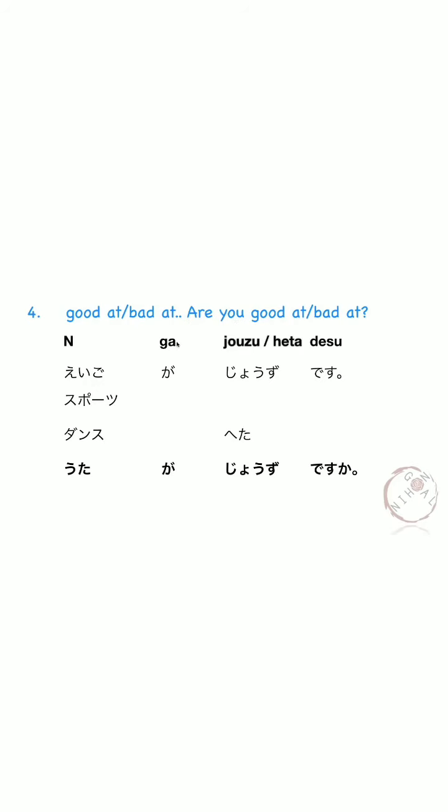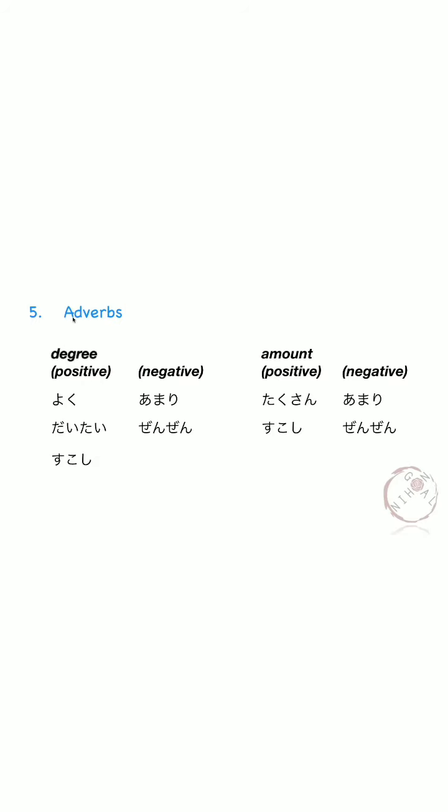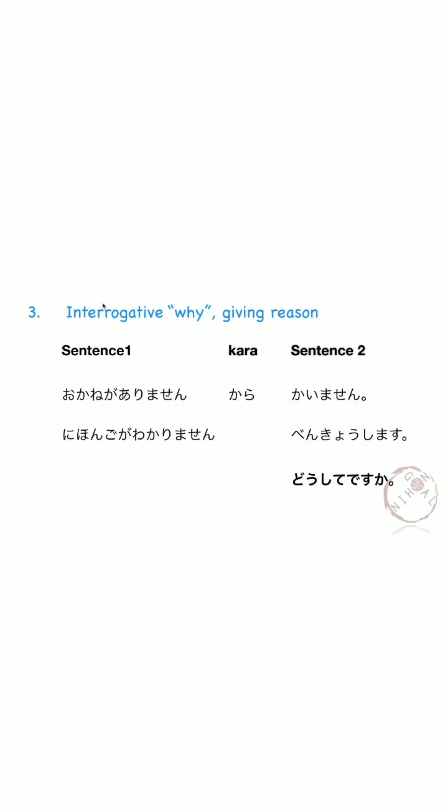N が上手、下手です。英語が上手です。スポーツが上手です。ダンスが下手です。歌が上手ですか? We also learned some new adverbs to express degree or amounts, such as よく、だいたい、少し、あまり、全然、たくさん。And lastly, we learn a new